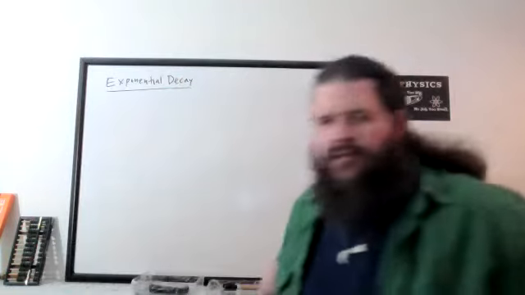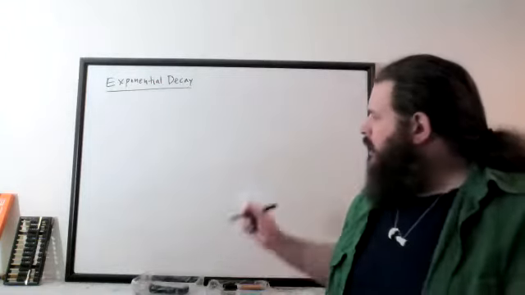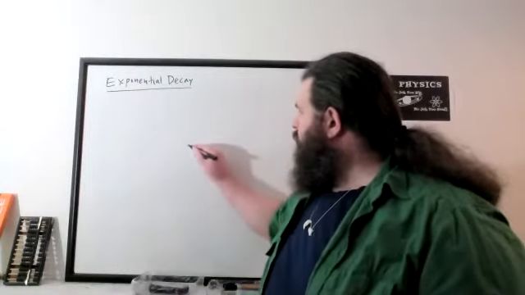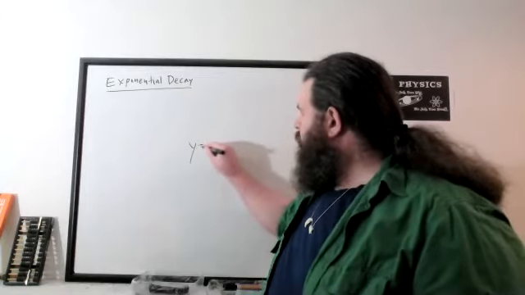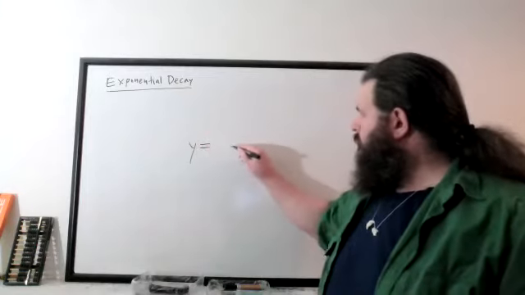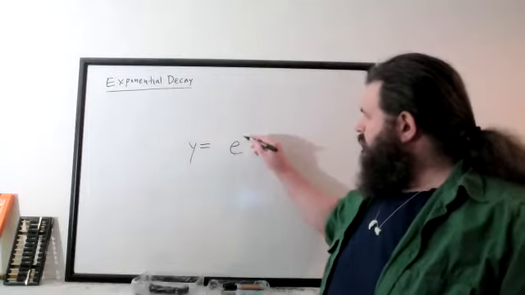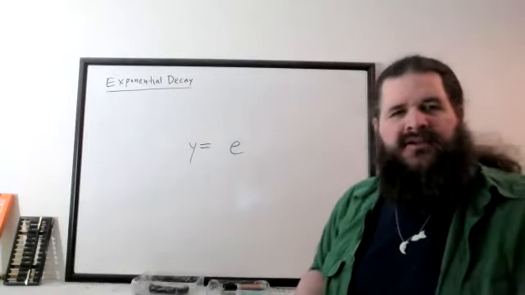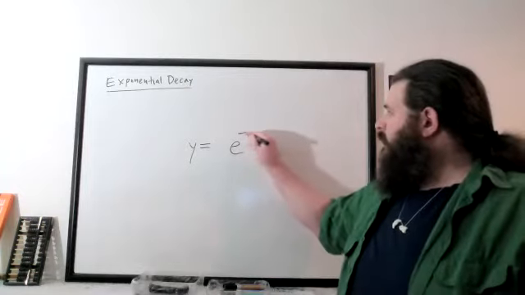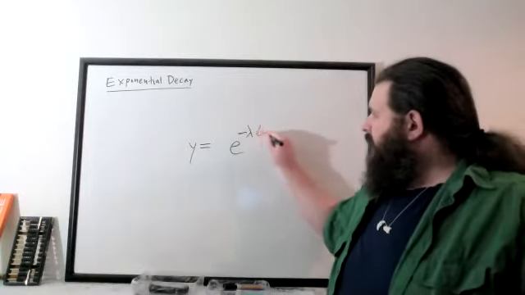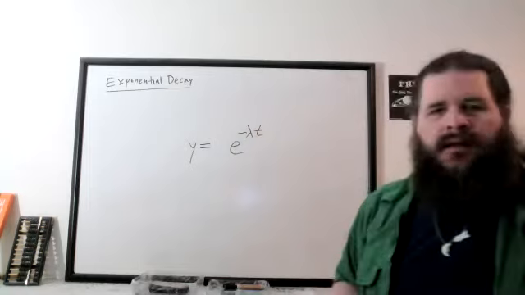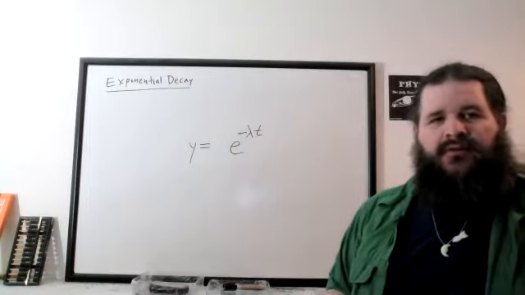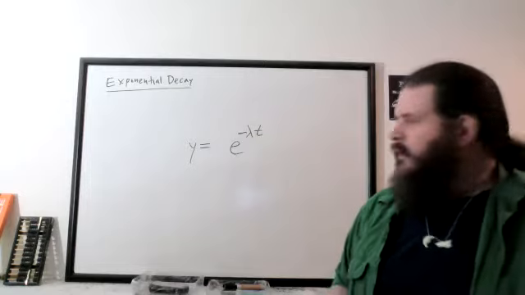Quick recap of the math we were looking at last time. If you have an exponential function, presumably we've got an exponential e to the something. And since we're talking about decay, we're going to assume that it's e to the negative something, which we usually write as e to the negative lambda t,